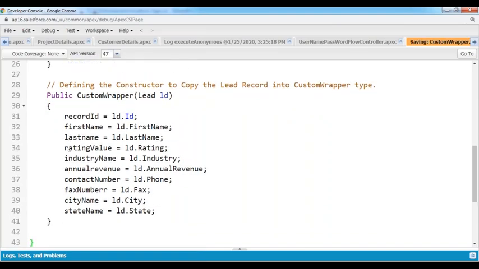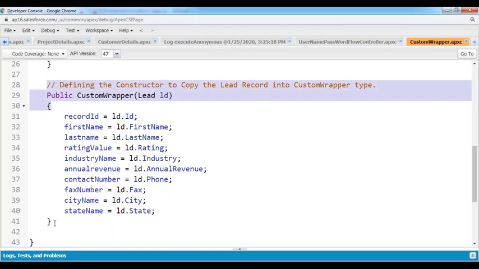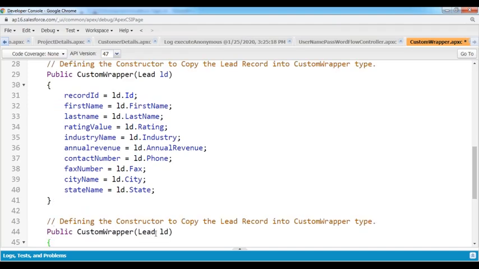That means I'm collecting each and every value of that lead record. Based on the lead record information, I'm converting to my own type. Next. After that,